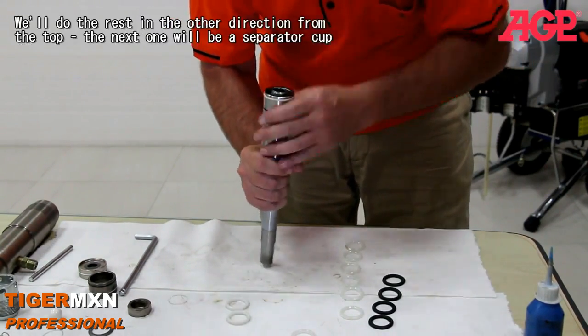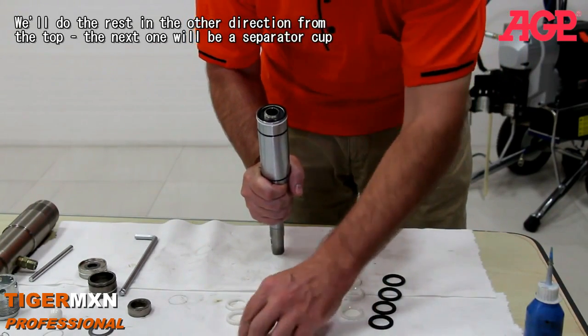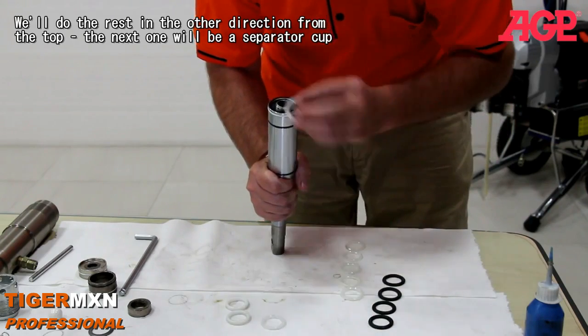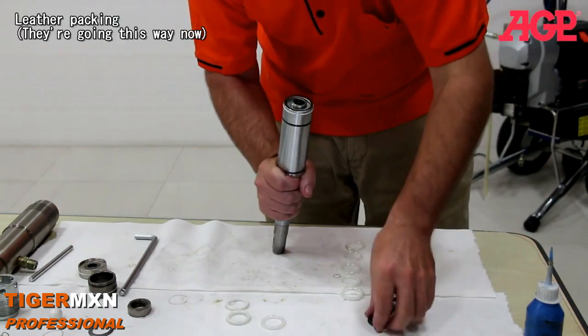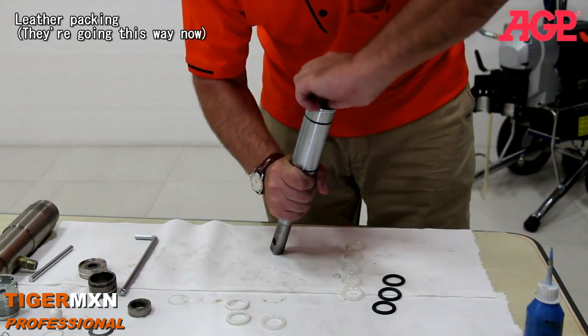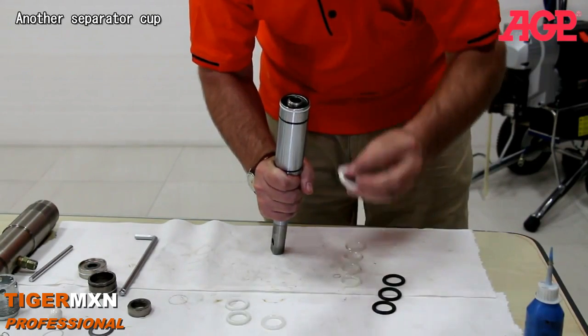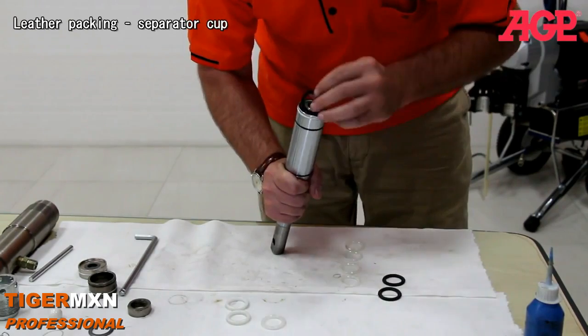Let's put that separator back in there. And we'll do the rest in the other direction. So the next one will be another separator cup, leather packing, cupped this way now, separator cup, all cupped this way, the rest, leather packing,